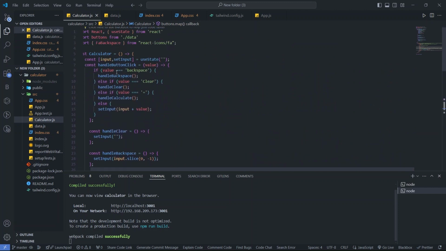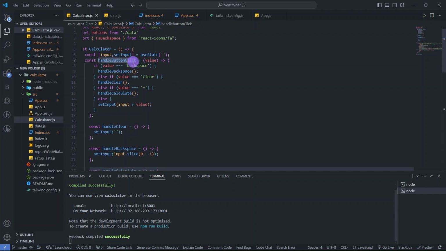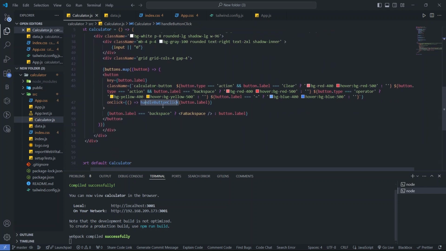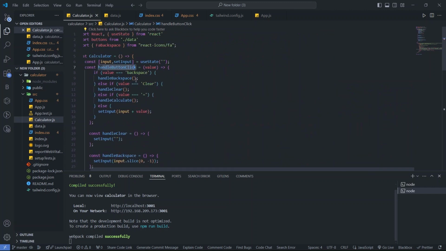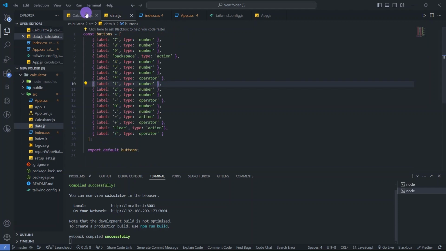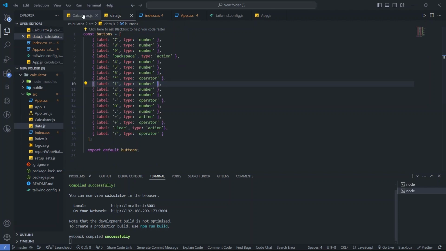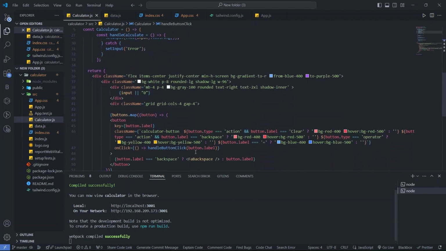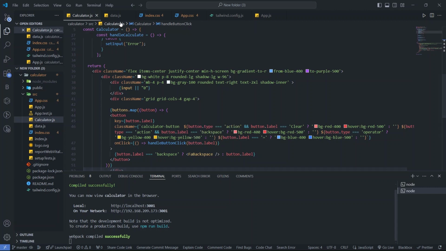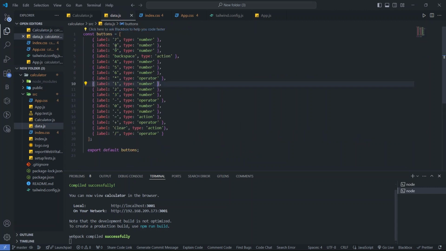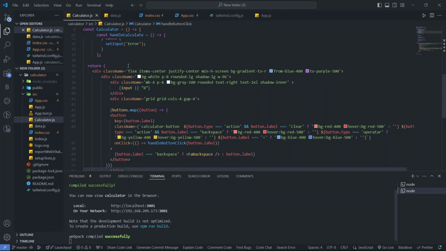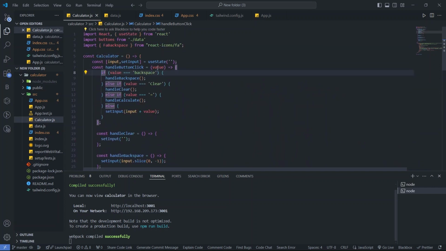So let's use button.label. When the user clicks, the handle button function, which we have used here, will get the value from data.js. In this, if the value is equal to backspace, and what value are we taking here? You can see that we are using button label. So the button label value is 7, 8, 9, backspace. That value we are going to get from data.js. If that value is backspace, then